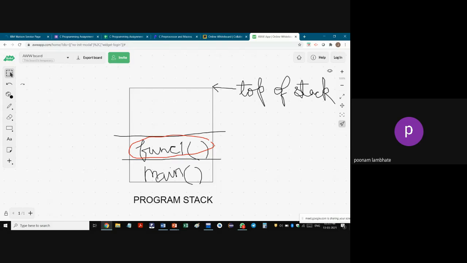No, okay, I'll explain again. See, execution of a program will start from the main function. So whichever functions you have in your program or whichever variables you have, all of them have to be stored in memory. Means memory has to be given to those